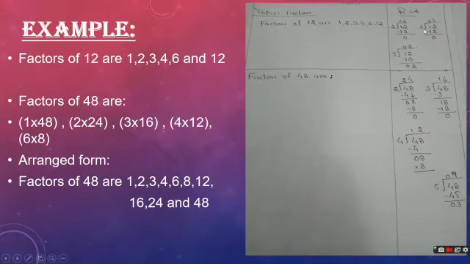Now you can see over here in this rough work, I divided this 12 by different numbers. First I divided 12 by 2 and the remainder is 0. So it means 2 and 6, the divisor and the quotient, both these numbers are factors of 12. So we will take both numbers over here as factors of 12. Then I divided 12 by 3, I get 4. So 3 and 4 are both factors of 12 because the remainder is 0 over here.